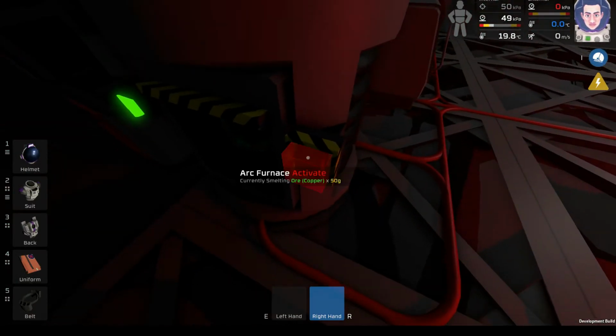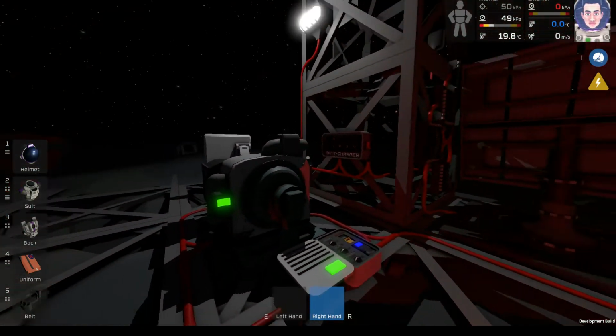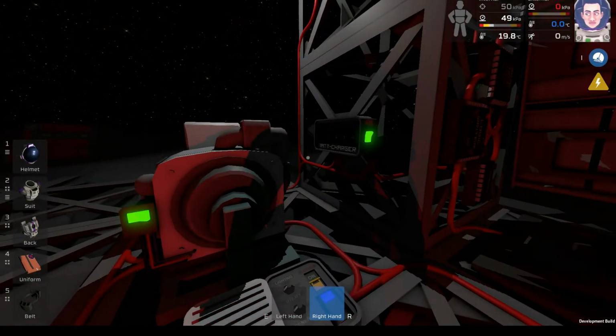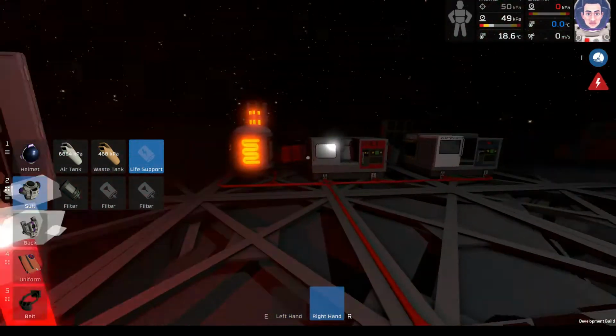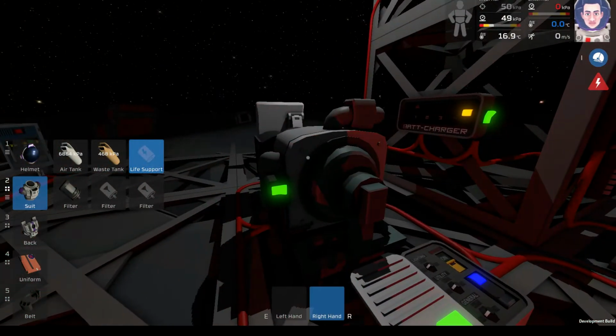Air furnace on, activate, and let's see if the battery charger can be on too. Charge low. Critical. So it smelts and charges at the same time. That would be kind of nice. Although my temperature is dropping and I might be freezing to death sooner rather than later, but